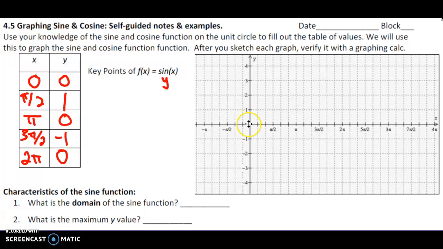So these are the key points that I'm going to plot for sine. (0, 0), (pi over 2, 1), (pi, 0), (3 pi over 2, -1), and (2 pi, 0). Now you can continue this pattern on